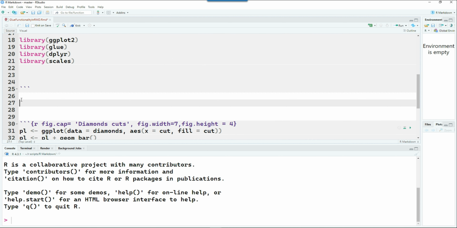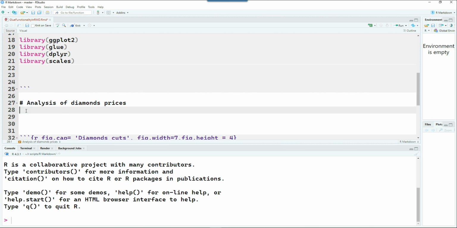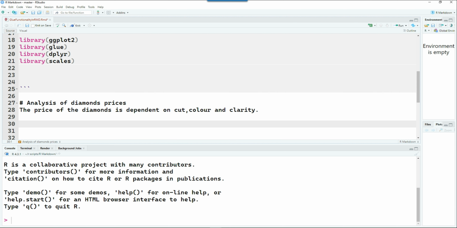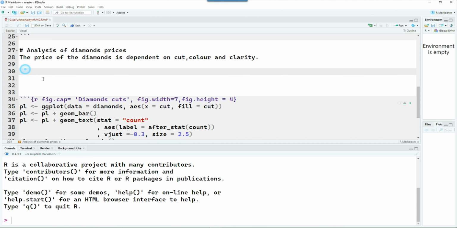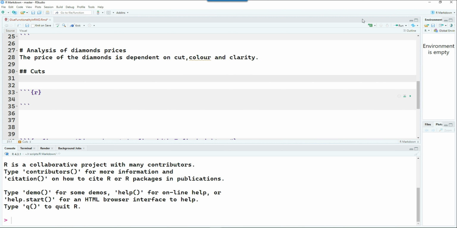So let's start creating some descriptive analysis for this. I'm just going to put some static text in there. The first heading is analysis of diamond prices. Let's create a new R chunk in there. First, we want to describe how many observations, or how many rows of data, there were in the diamonds data set. So I'm creating another subheading called cuts, and now I go into the R chunk and I can use the glue syntax